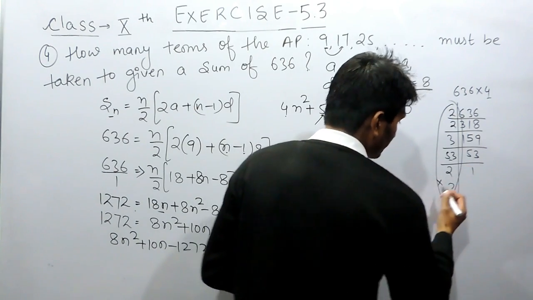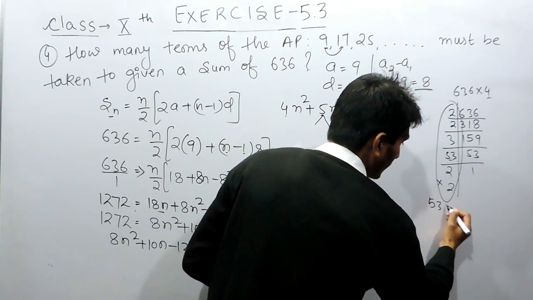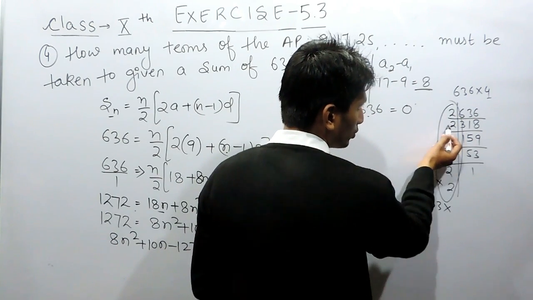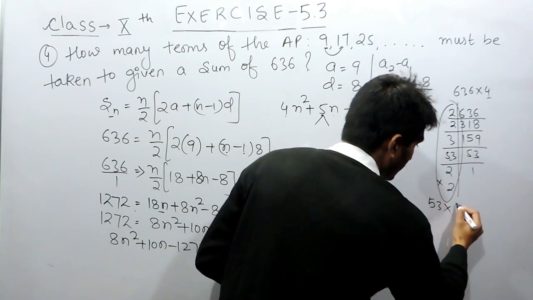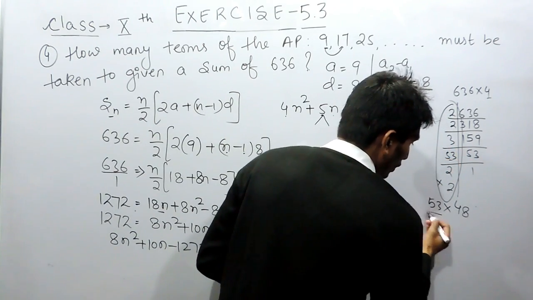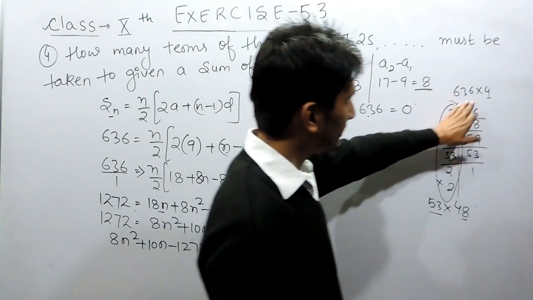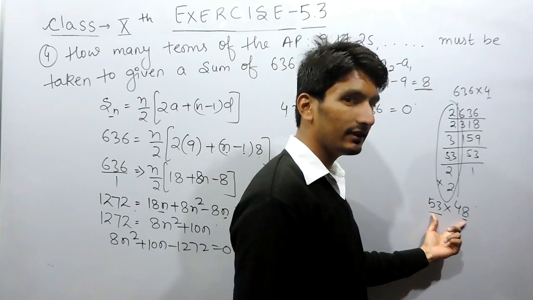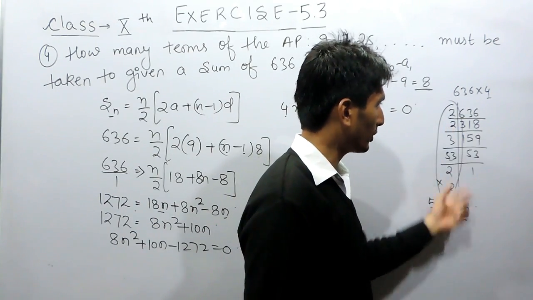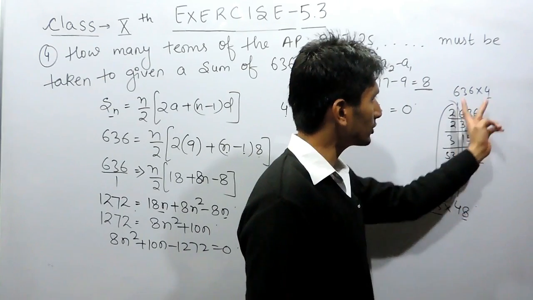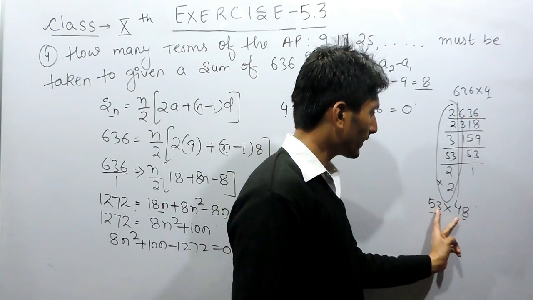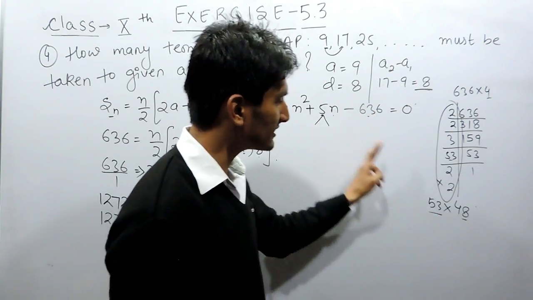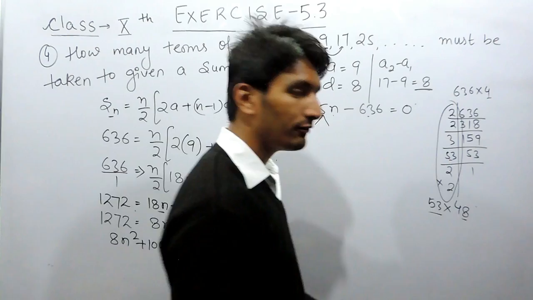So if I consider 53 as the first number and the remaining factor as the second number, this is 2 into 2 is 4, into 2 is 8, into 2 is 16, into 3 is 48. So I have converted this into this, meaning this multiplied by this will give the same result, because these are the factors of this complete number. But the difference of these two numbers is equal to 5. So obviously 5 can be split into 53 and 48.